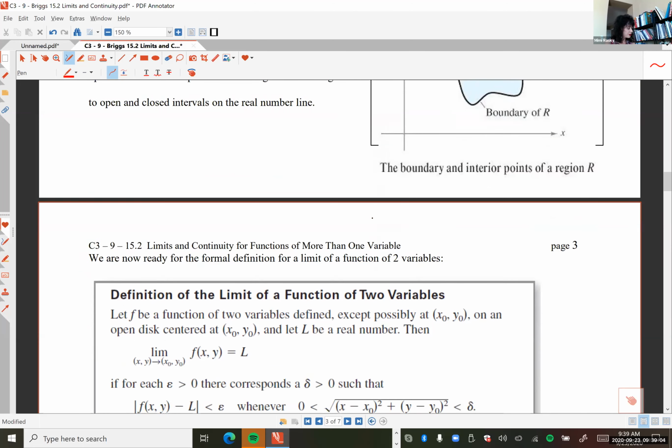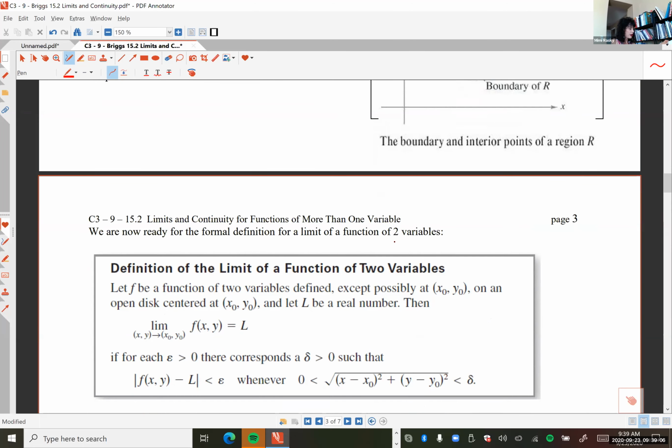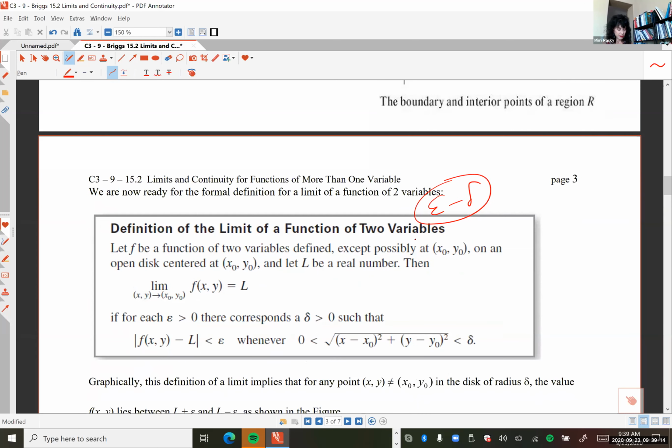Now let's have you do the official definition, just so you can say you saw it, and that way I'll feel better. So this is the official epsilon delta definition of a limit for a function of two variables. Great, there it is. Let f be a function of two variables defined, except possibly at your fixed point, on an open disk centered at your fixed point (x naught, y naught). Let L be a real number. Then saying that the limit as the arbitrary point (x, y) approaches the fixed point (x naught, y naught) of f(x, y) equals L